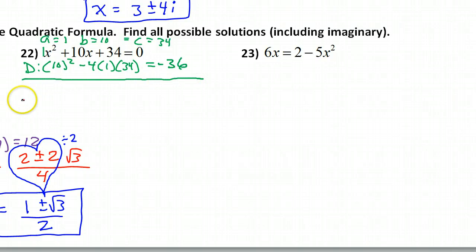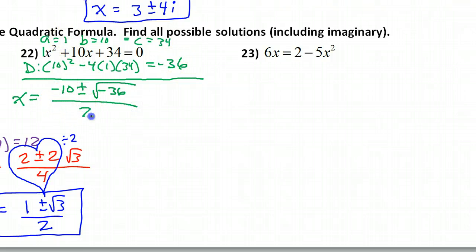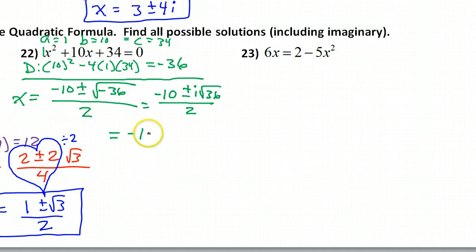So when I go to do the quadratic formula, I get opposite of b, so that's negative 10 plus or minus square root of negative 36, over 2a, which in this case is just 2. Now remember, when you have a negative under the radical, you should bring that out as an i. So this becomes negative 10 plus or minus i root 36 over 2. Now square root of 36 is 6, if you do that in your head. So this becomes negative 10 plus or minus 6i